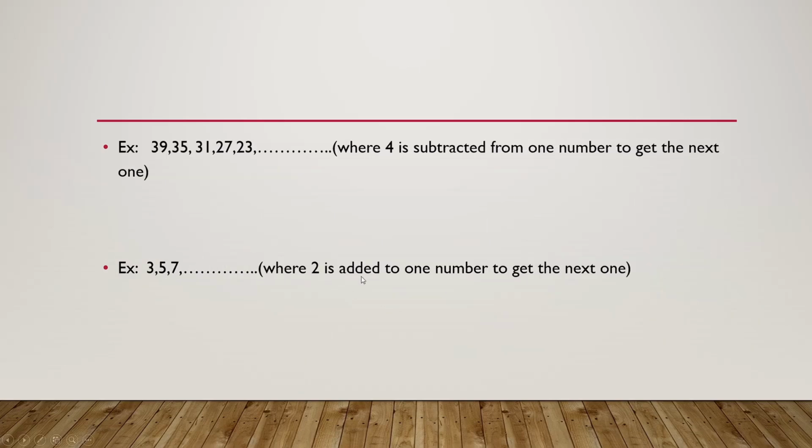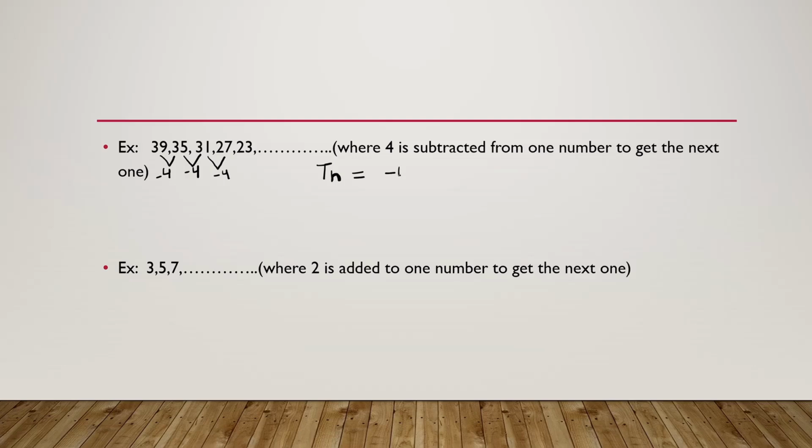Now I am going to tell you one more example. If you see the series 39, 35, 31, 27, 23, there is a difference of 4 in each next term. Minus 4, if you do, then you will get 31. From 31, if you do minus 4, then you will get 27. So how do you calculate the term rule for this? I am going to calculate the nth term. In that way you can calculate any term of the sequence.